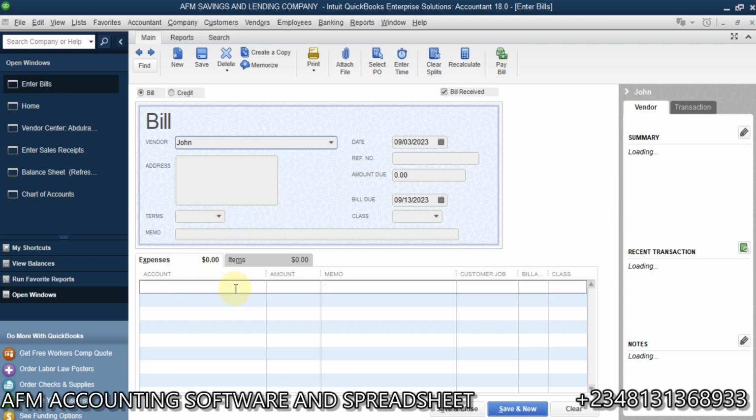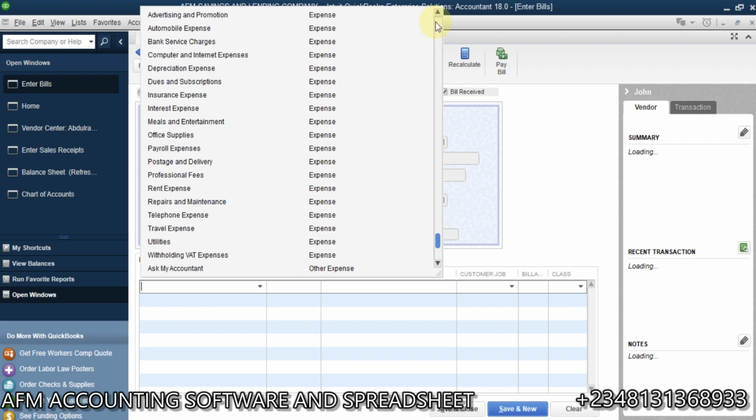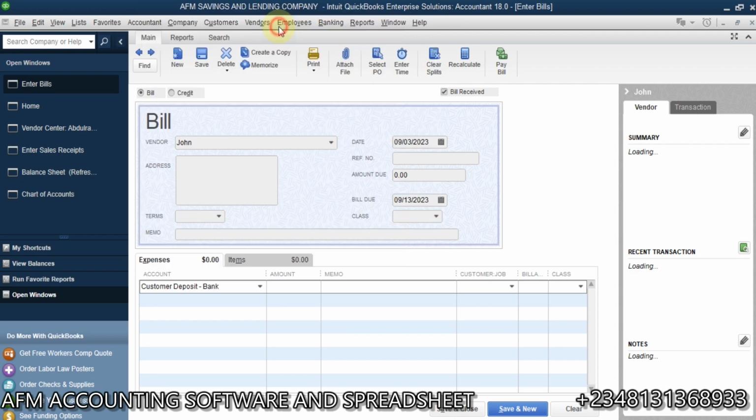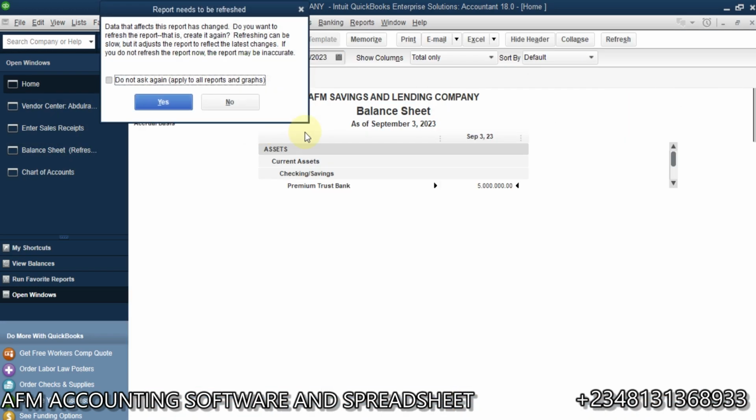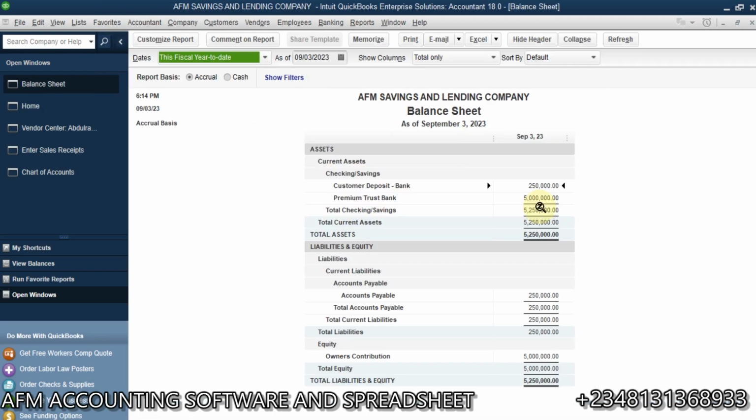Then for John also, the money is going to the bank and customer deposit. Then let's say John is 150,000. Then similarly the customer deposit class. Then I'll go ahead and save and close. Now once I go to the report balance sheet here, you see now we have these transactions in the deposit, 250,000. If I double click, 100 and 150 for the two vendors, the two customers, but I created them as